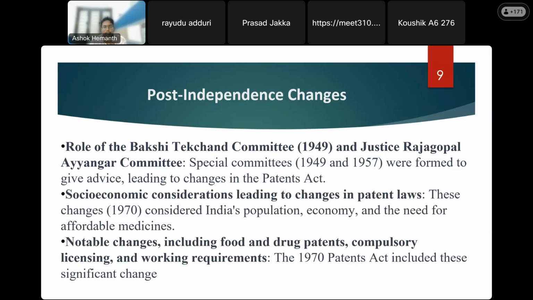He is a former Supreme Court judge. Socio-economic considerations led to changes in patent law. These changes in 1970 considered India's population and economy at that time, and based on that they came up with